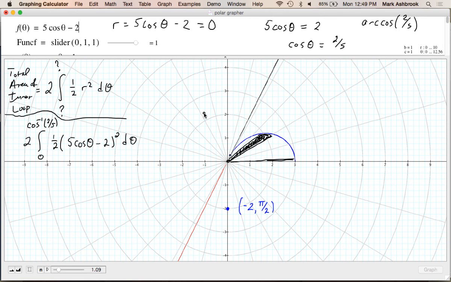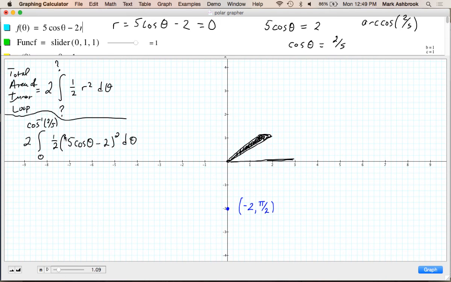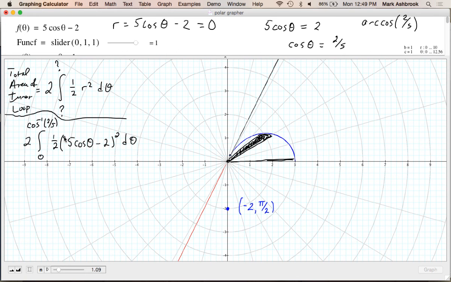Questions on the bounds or setting up the integral? Are we good? So the 2 and the 1/2 go away, and we're going to have the integral from 0 to arc cosine